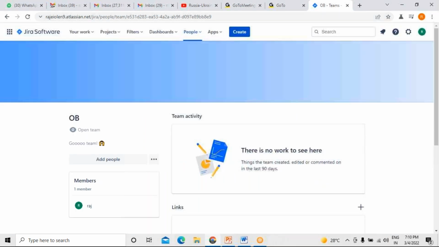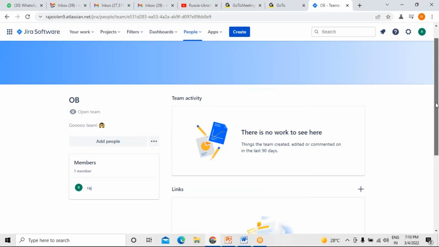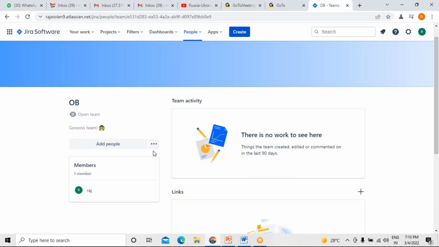So you can welcome your team and you can see what all people are available. They have to provide the permissions and all. We have to add people here because I am the admin. I am the one who is going to handle all that. If you want to add, you can add people. Normally we add everyone, meaning people who are really involved in the project. For example, you require a development team,